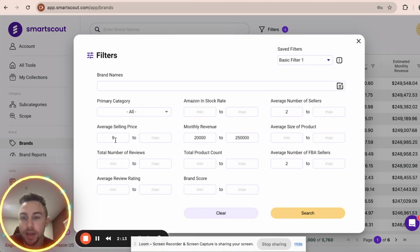The first one is that I want a minimum average selling price of $9. I want a monthly revenue range of $20,000 to $250,000, and that's for the purpose of targeting smaller to mid-sized brands for products that we can actually get our hands on and actually close a wholesale account with. And then I want the average number of FBA sellers to be no less than 2 sellers on the listing. This is because I want to avoid private label product where the brand is selling them directly, or maybe an exclusive third-party seller. And from here, we talked about how the first thing we're going to look for is seasonal